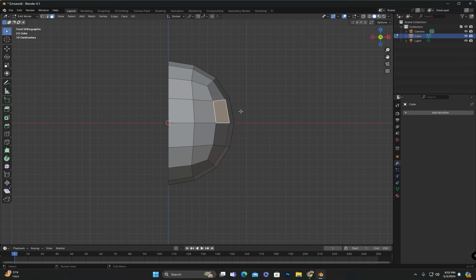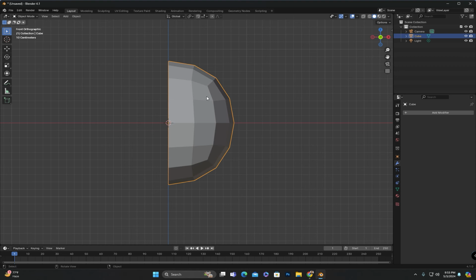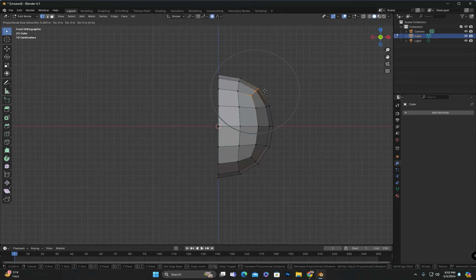Then in edit mode, I will give this object a heart shape and I will enable proportional editing for that purpose.